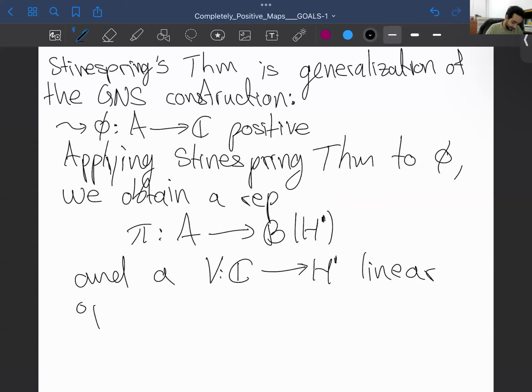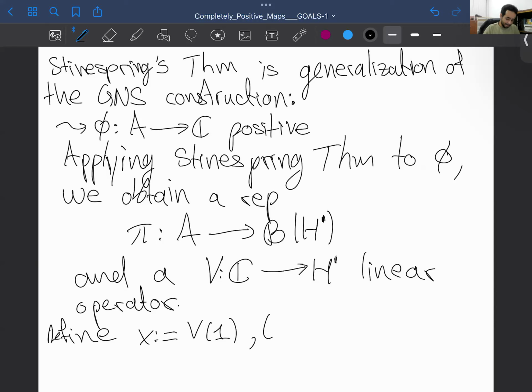So at first, this doesn't seem like the GNS construction, but if we define X as the image of 1 under V, then